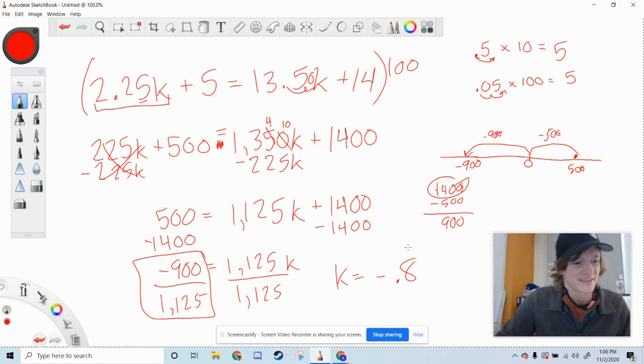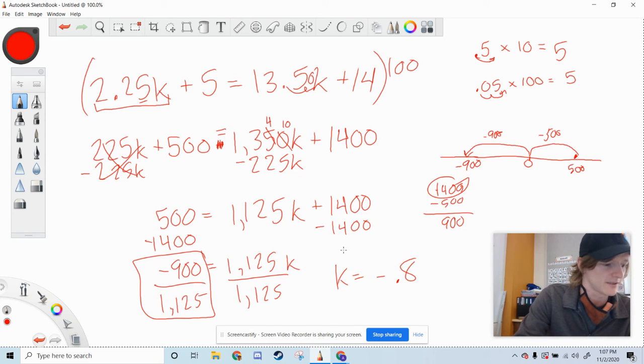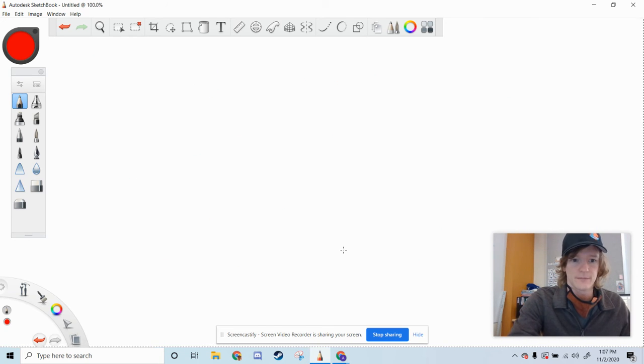I have a lot of work on that one, but I think it's easier to get rid of the decimals at the start, and then at the very end, you just maybe type some division into your calculator. The next two aren't going to have decimals as your final answer. So the next one is